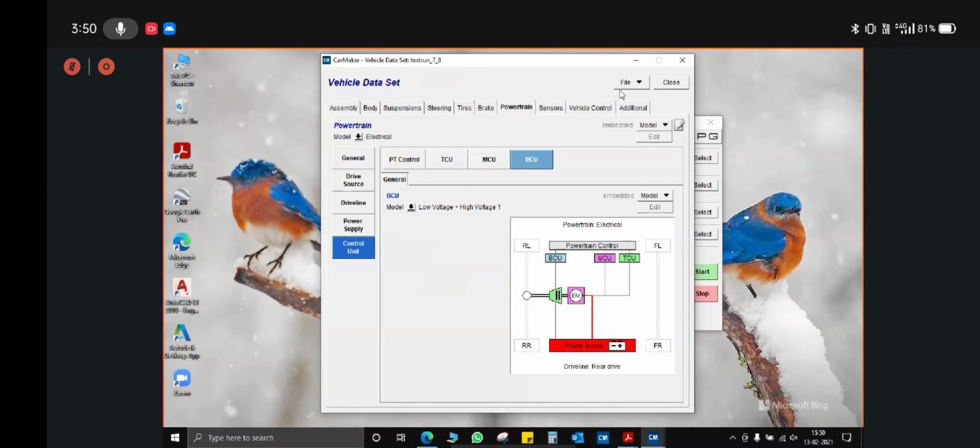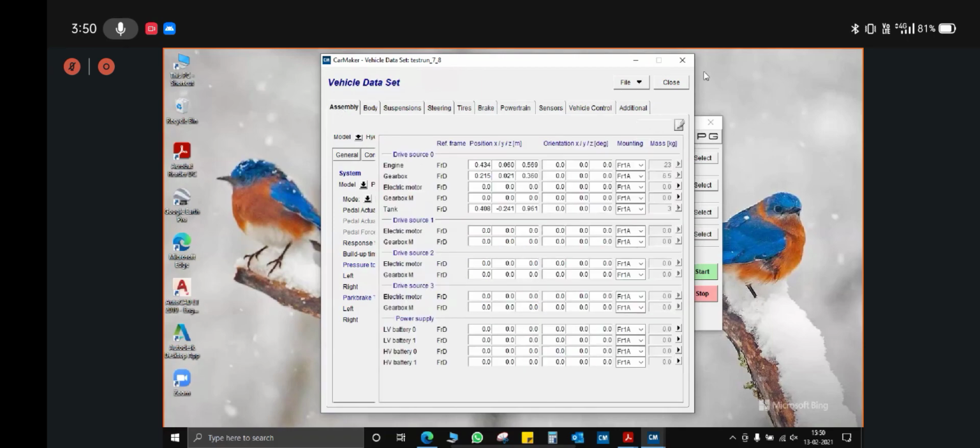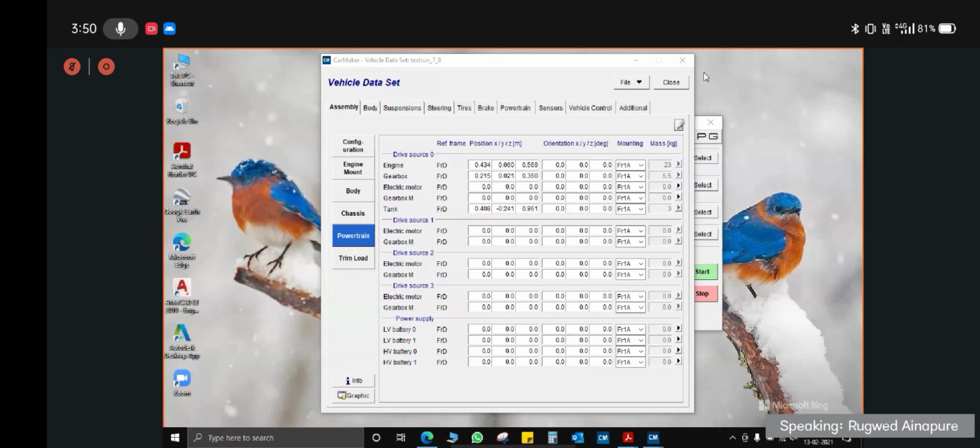Vasant will also share the generation of tire dataset PDF, which will be put in the link that you have already been given in the IPG CarMaker guidelines. You can access that folder of IPG CarMaker user manuals and it will be available to download, probably in the next 4 to 5 days. And you can start building your basic vehicle from this.